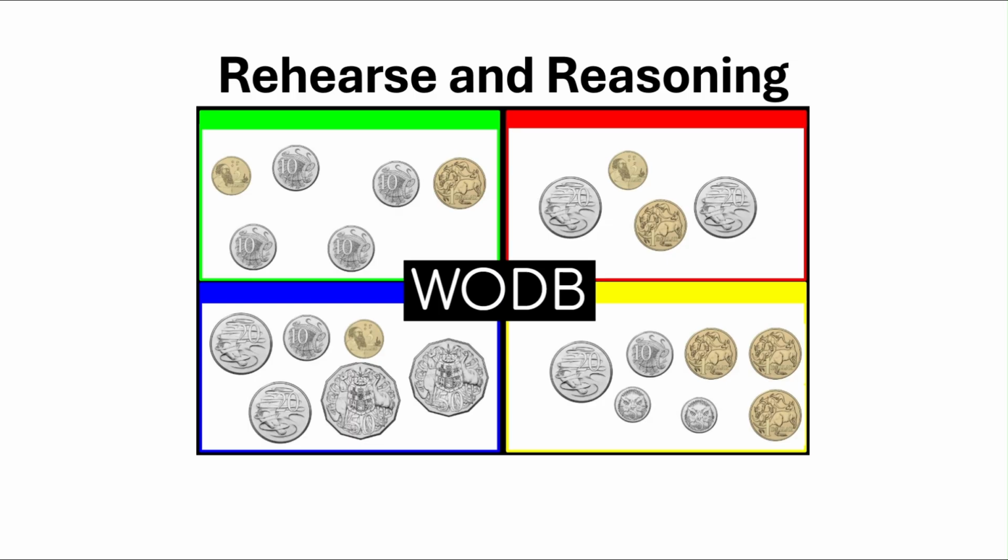Firstly, you're comparing money. I'm comparing the total in the yellow box with the blue box. I'm comparing the yellow box with the red box. And then what I'm also doing is adding money together, but also comparing it. So adding and comparing. There's really rich learning in a WODB, especially when you want students to rehearse and you